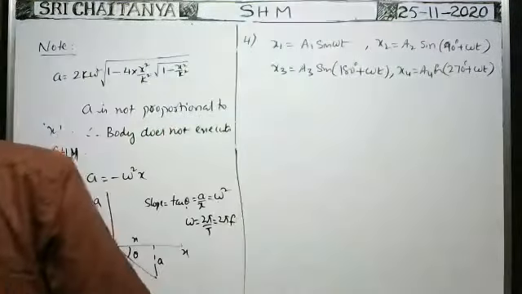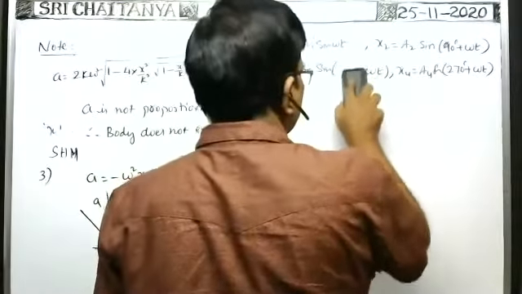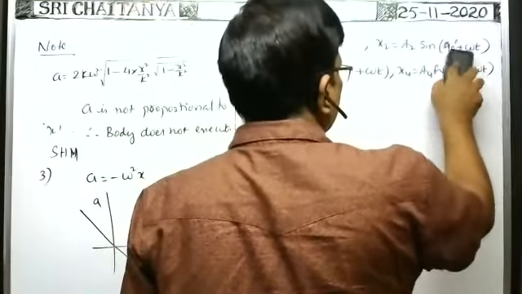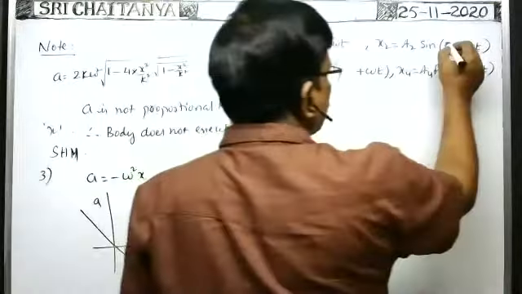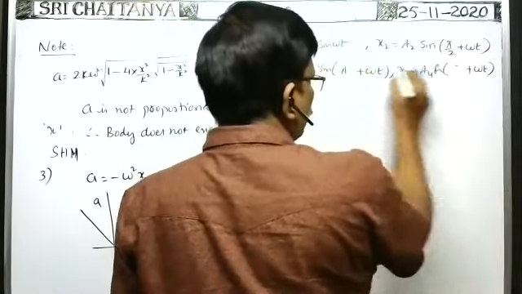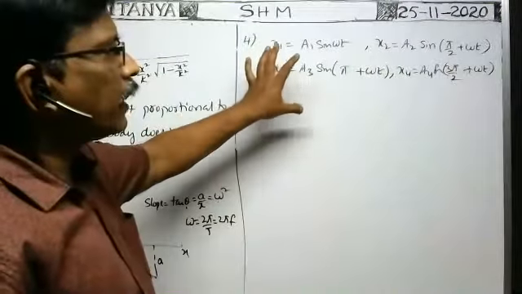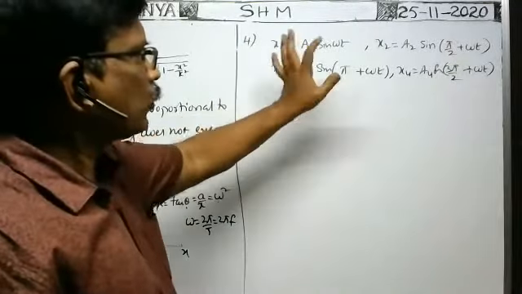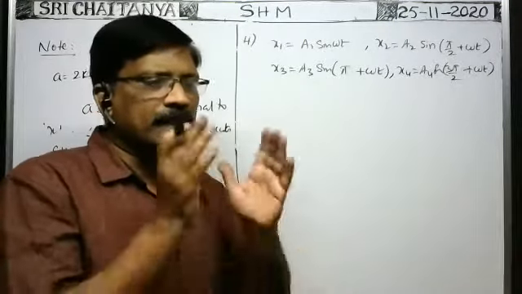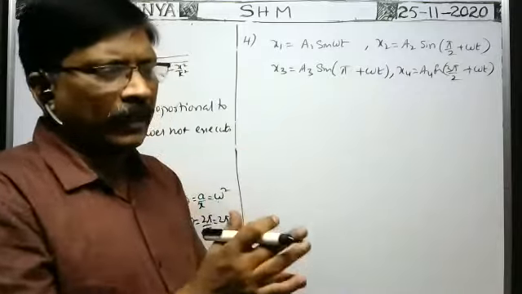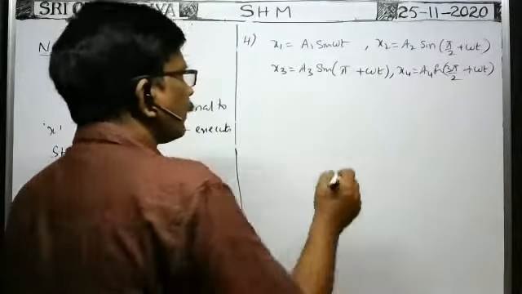You write in terms of pi, better to write in terms of pi. So here it is pi by 2 plus omega t, it is pi plus omega t, it is 3 pi by 2 plus omega t. It is given like this. There are 4 simple harmonic oscillations represented by the equations x1, x2, x3, and x4. Whenever these 4 simple harmonic motions are experienced by a particle simultaneously, at the same time, what is the resultant amplitude?